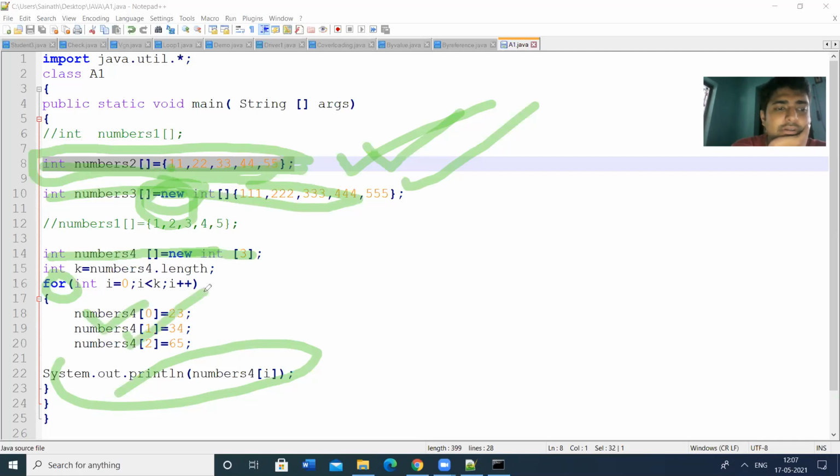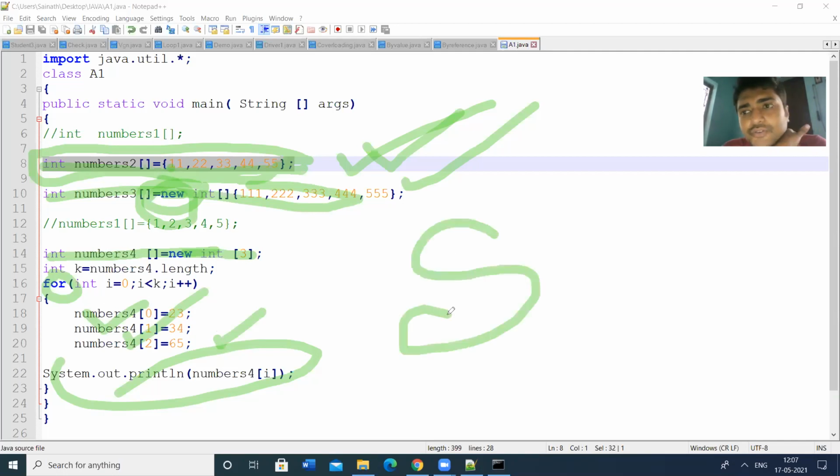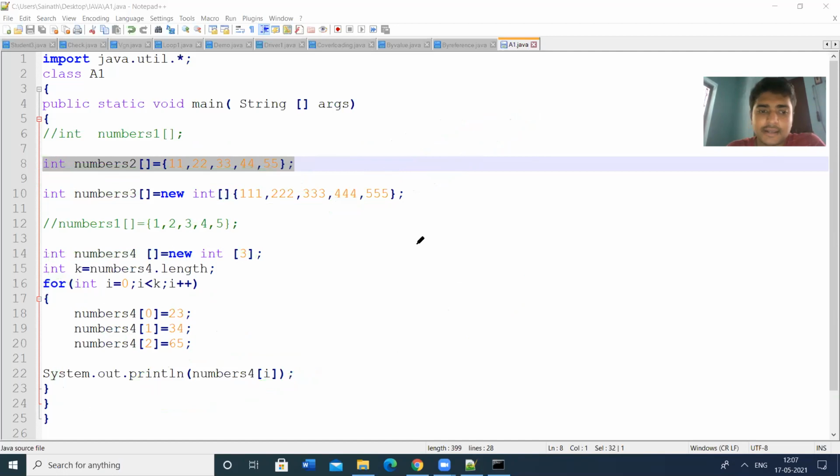That can be done through this one. If you want to assign the values at runtime, we have to use the Scanner class. By using that Scanner class, you can give the values to the array at runtime.